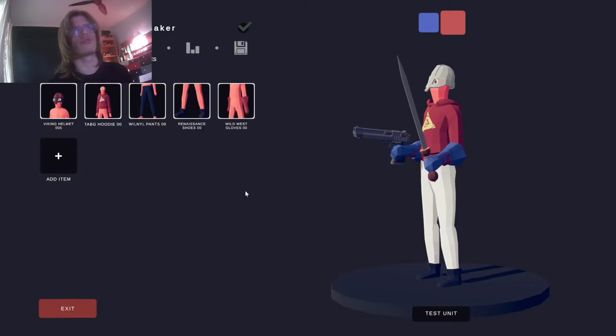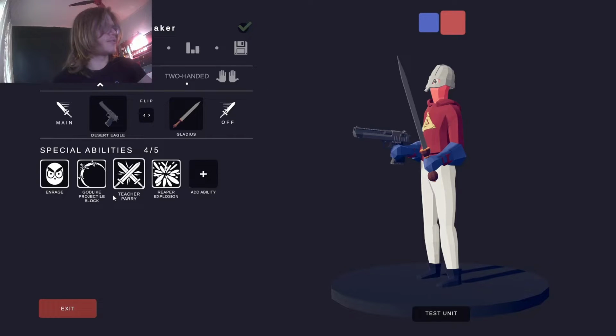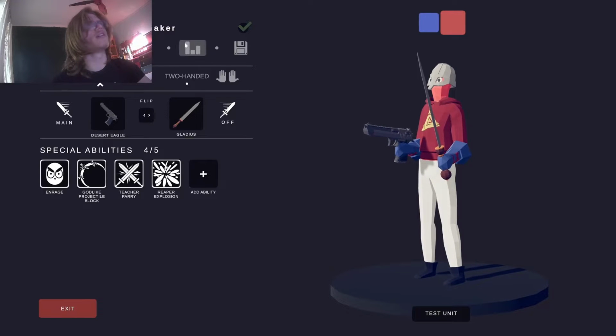I gave him a sword in one hand and a gun in the other. A Desert Eagle pistol, in rage, you know, because John Cena, WWE wrestler, rage, I don't know. Godlike projectile block, teacher parry, that makes him good with the sword, and then he's just got the gun with